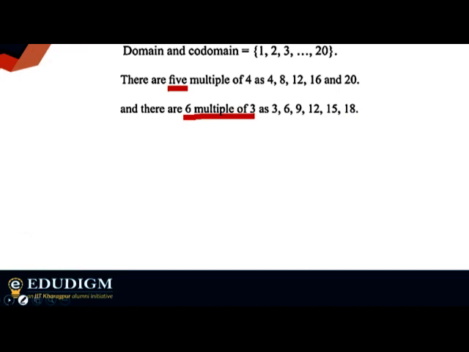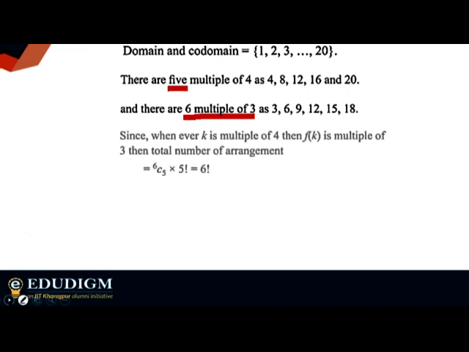For 5 numbers, they will just go to 6 numbers. Now, this is very, very important: since both the sets have 20 elements and it is onto, you have to see that different elements will go to different images. As in, this will be 1-1 as well. So out of those 6 we can choose 5 in 6C5 ways, and also they can be arranged amongst themselves in 5 factorial ways. So this is how you can obviously choose the things.